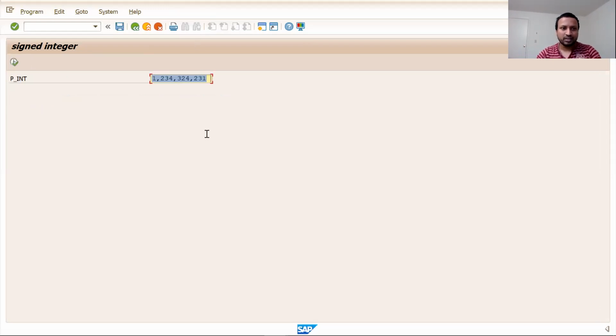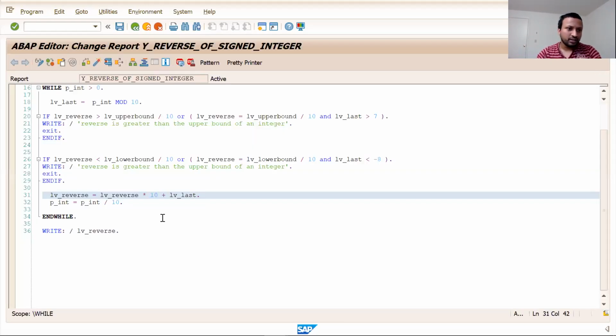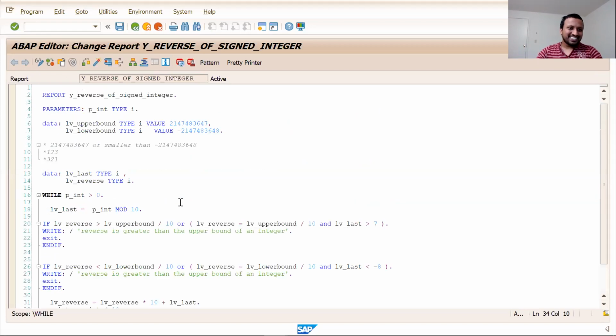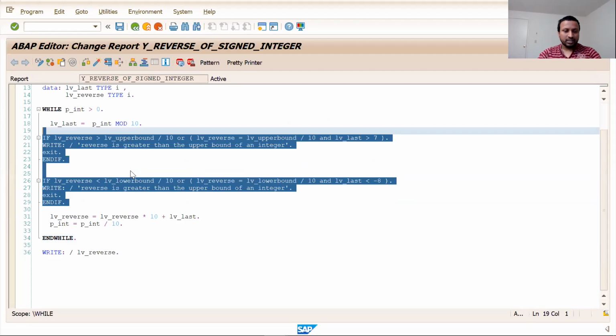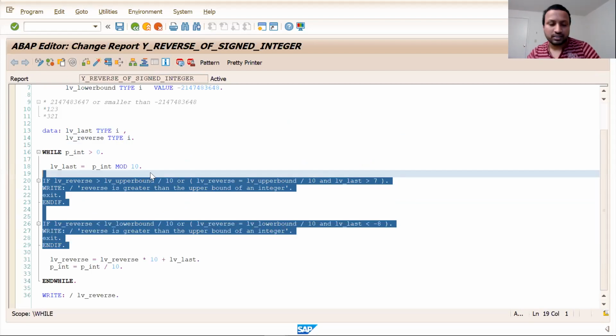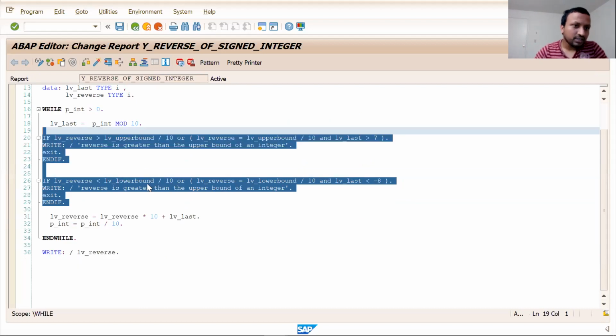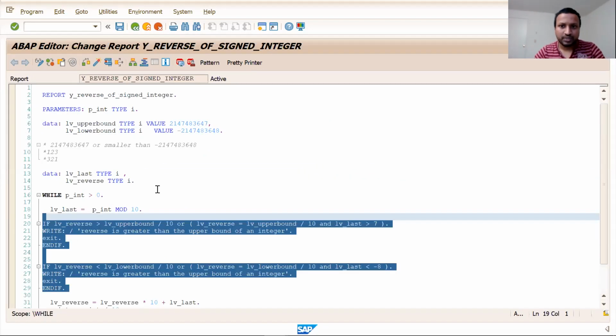The same applies if you give the negative of an integer. These are very important edge cases which you need to check in your program when reversing signed integers.